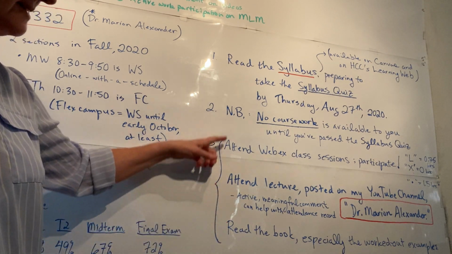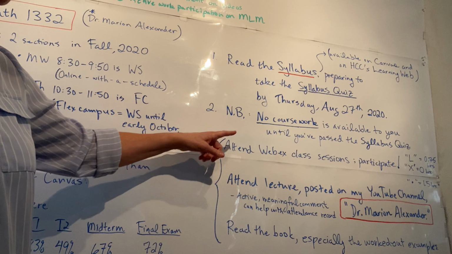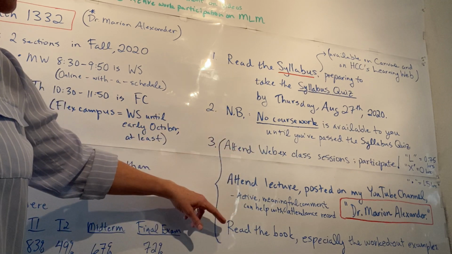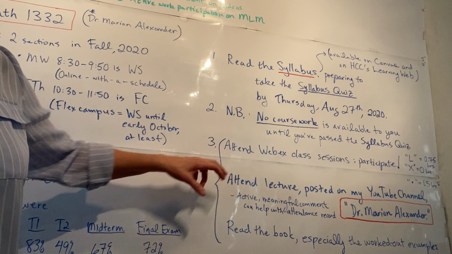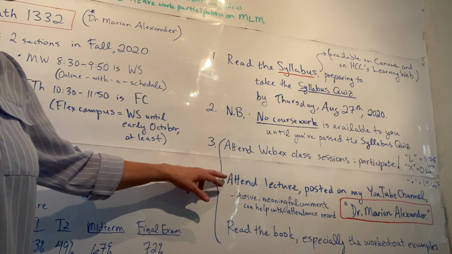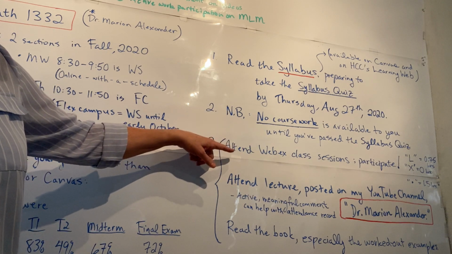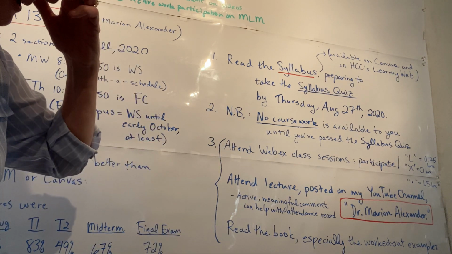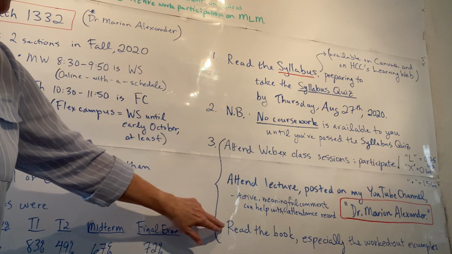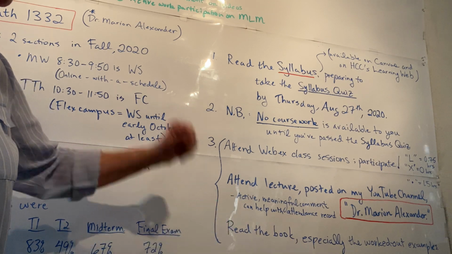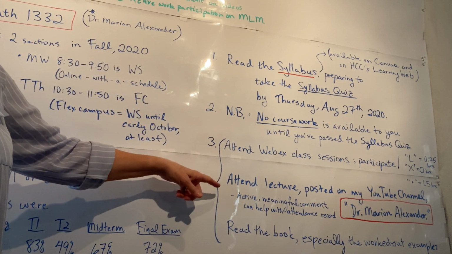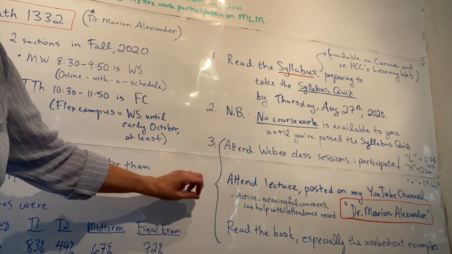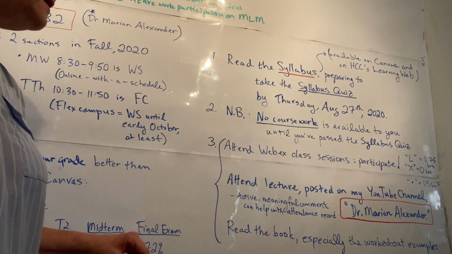So there's this cycle here of going to class, looking at the video lectures on the YouTube channel, absorbing the information, trying the problems, stopping the videos, working it out yourself, coming back on in class, asking where you're getting, pointing out where you're getting stuck, what you need to see more, and reading the book. The book is probably the best place to start as far as the content goes. Read the book, look at the worked out examples, go to the lecture, make sure you understand what I'm emphasizing in that section, and